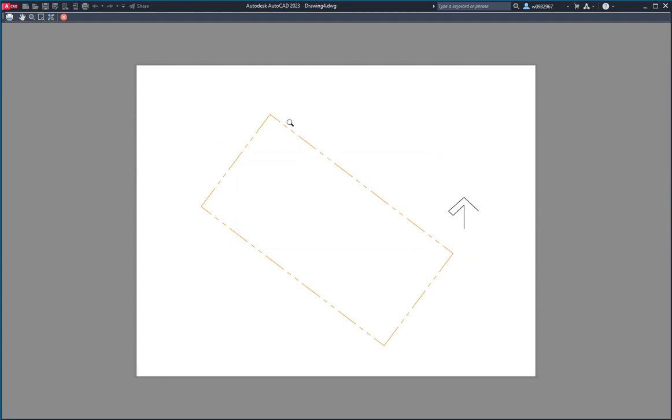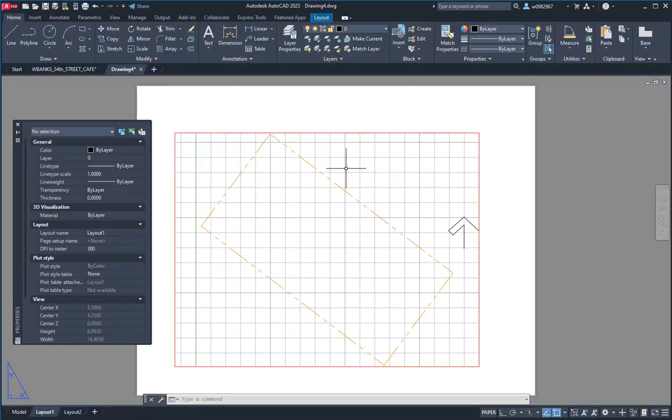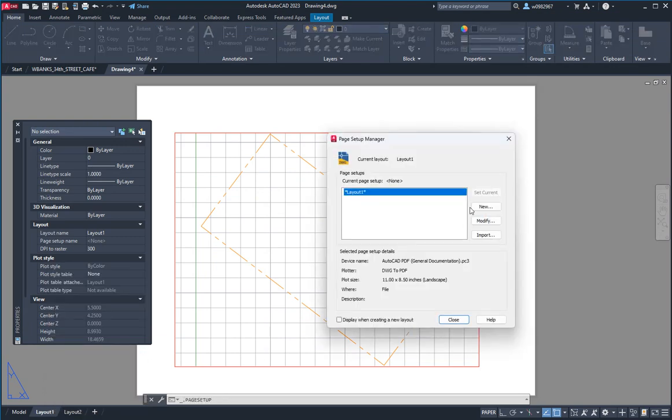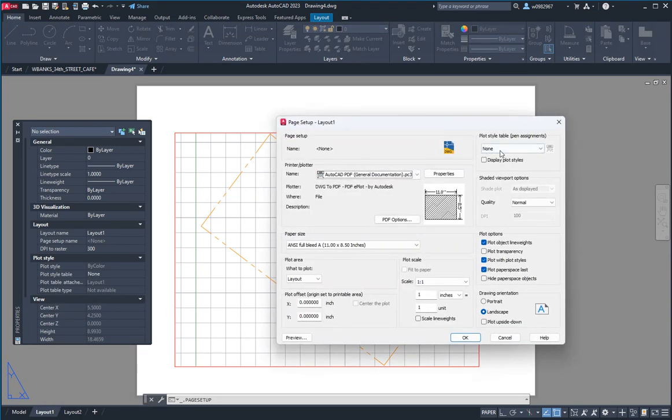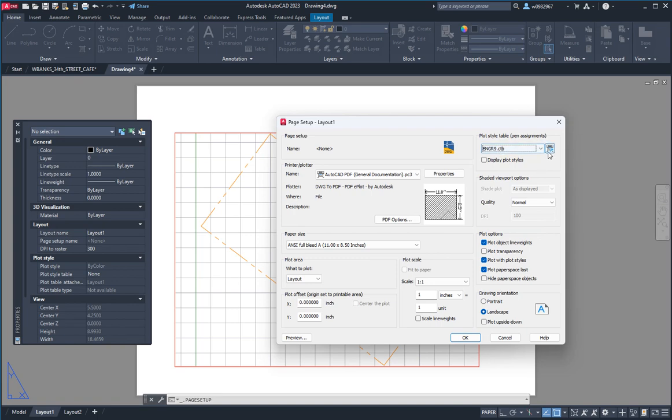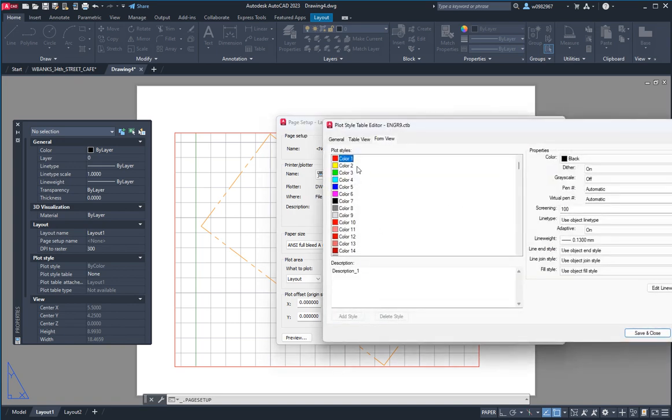Okay, there is another video on how to control line weights here. Okay, line weights means it's going to turn thick. Okay, but let's just show that. That is controlled again from your page setup manager, modify, and this one controls our line weight. Okay, so if I click that, I have here a line weight called engineer CTB. Okay, and if I click on this one, it defines